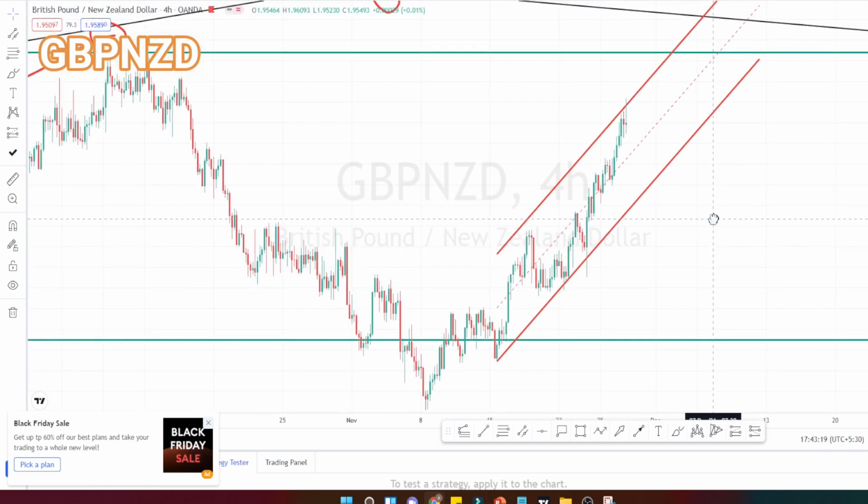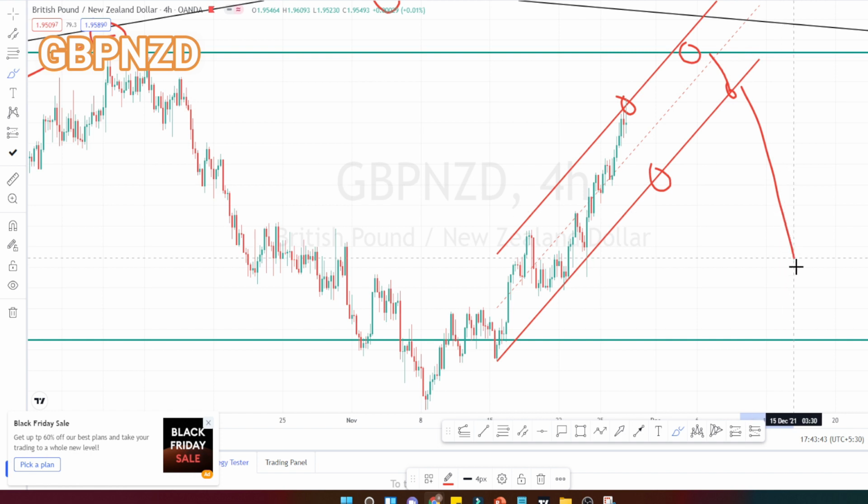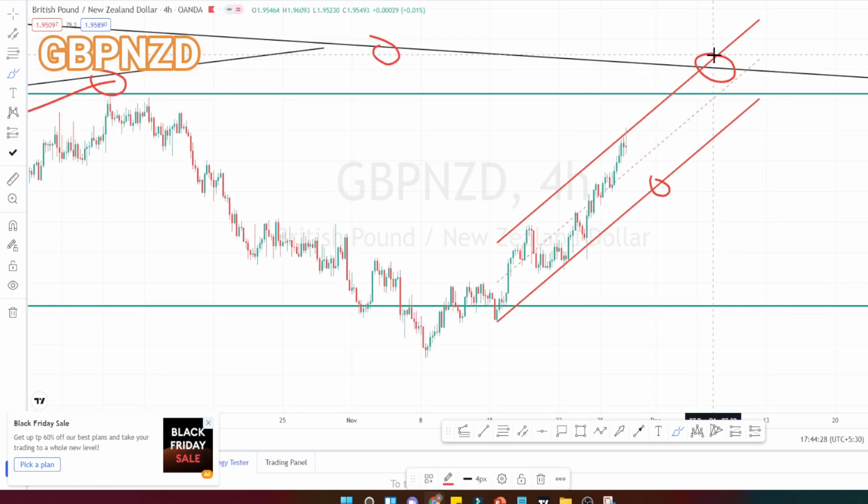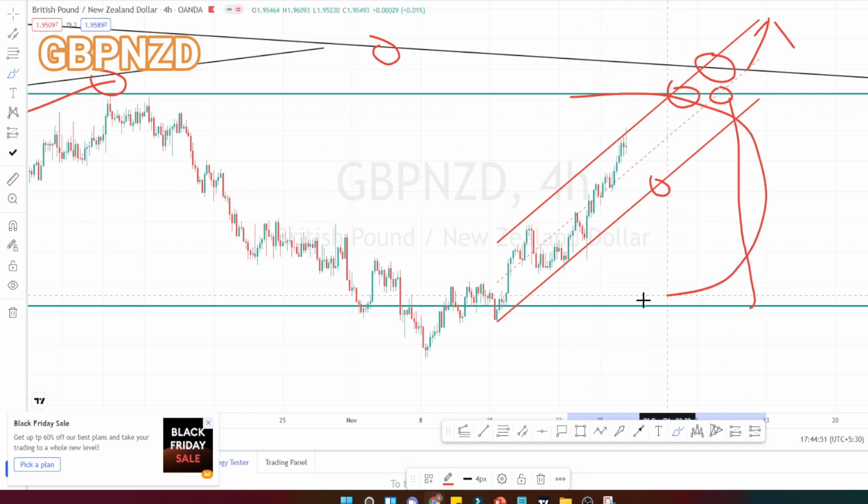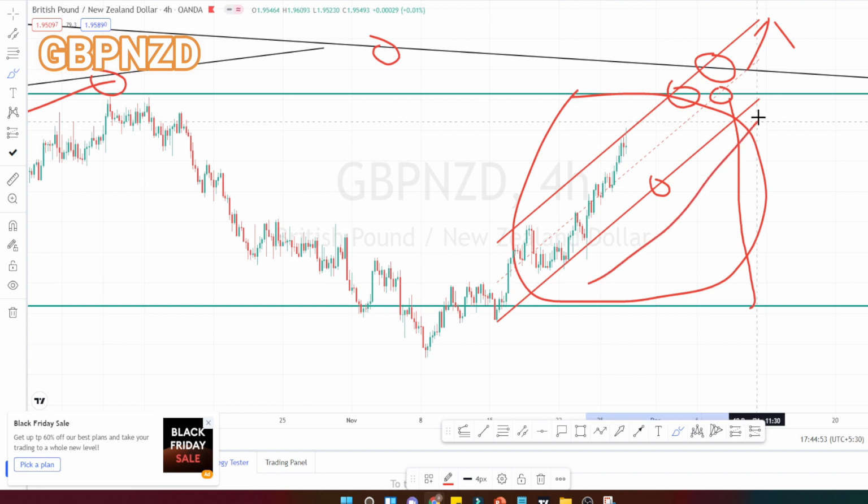So when we mark the channel pattern over here, we can clearly notice that it is in a bullish trend. So you can go on a bullish trade as long as the price action is moving within this channel pattern over here. When the channel pattern is broken, you can go on a bearish side. Only when it breaks this level of resistance from the daily time frame, we can say that bullish trend has started. Until then, this is going to be acting as a very strong resistance, and we can expect the trend reversal to happen and retrace to the bottommost support level, which is around 1.90198. So presently it is in a range bound market. Within the range bound market, it is in an uptrend.